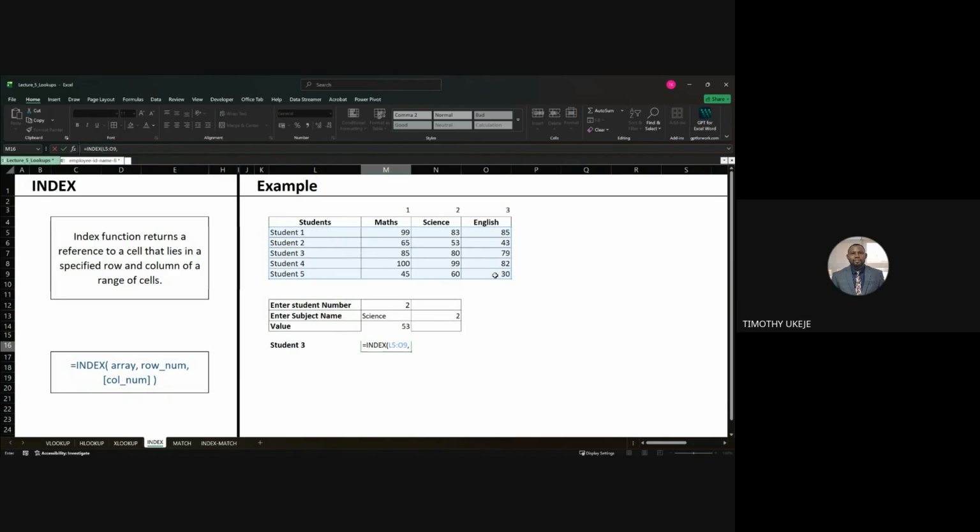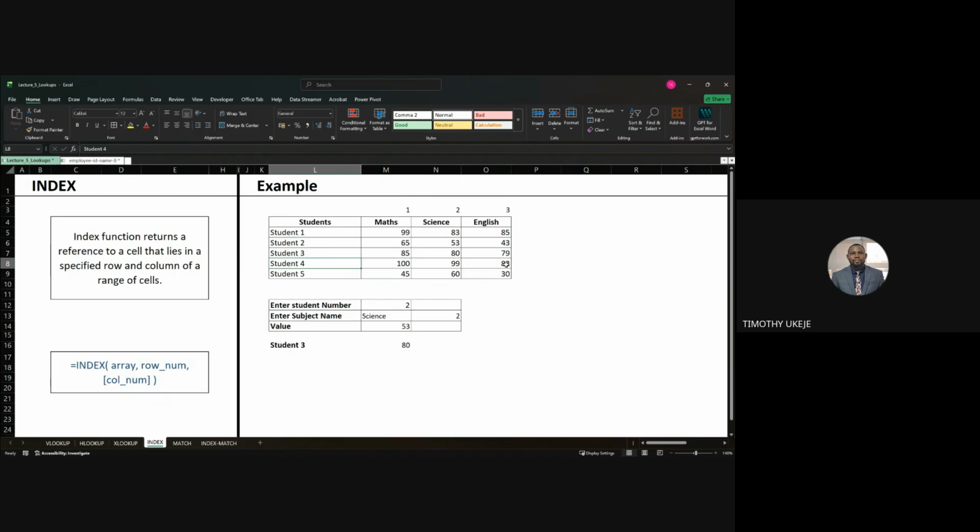You want to return row 3, column 3. And you see, it gives us 80. Pick up row 3, column 3. It gives us 80. If you want to return, let's say, the English score